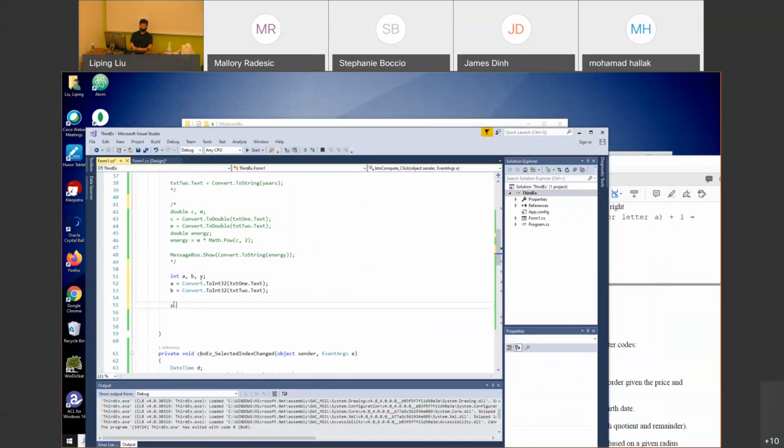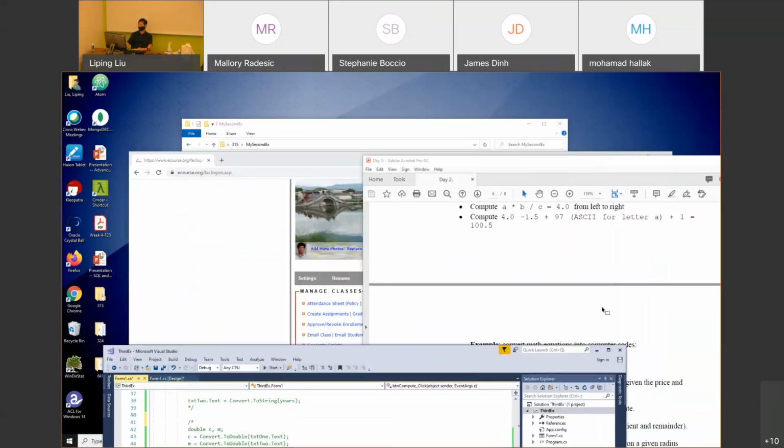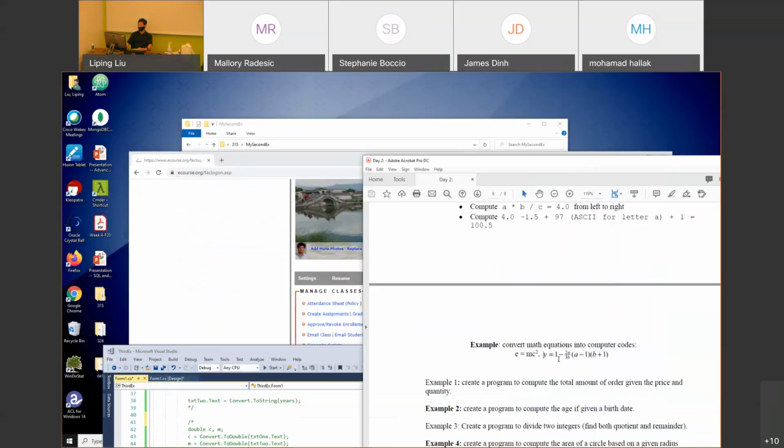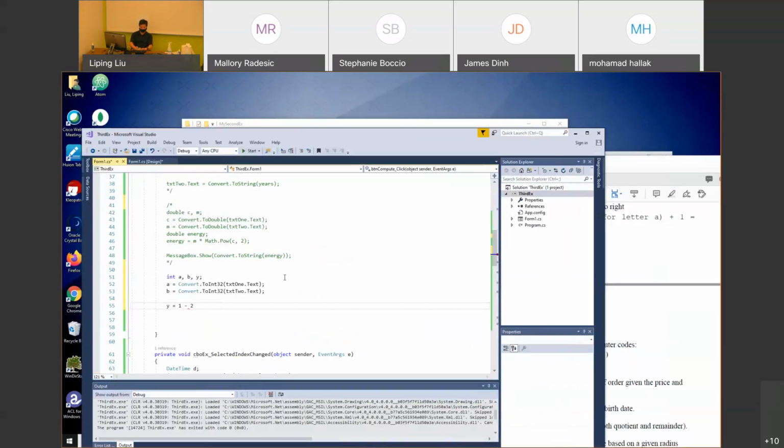Okay, so y equals, now let's say 1, minus. Now, how can we handle this fraction? 1 minus 2a, that's 2 times a, divided by 3b, right? So what should we do? If I do 2 times a, and then divided by 3 multiplied by b,